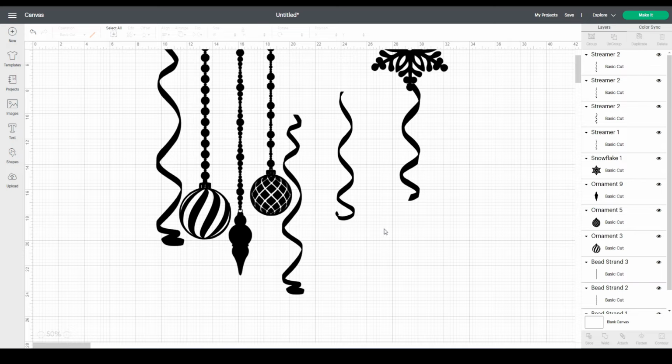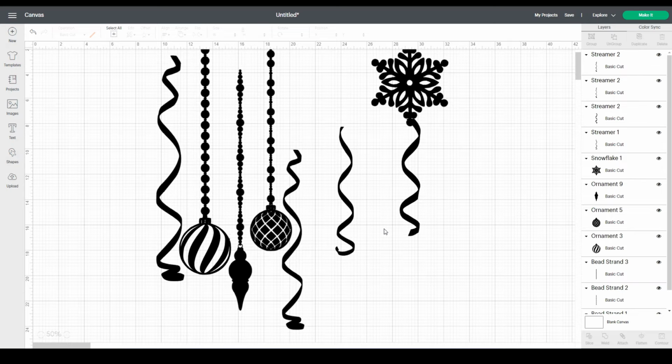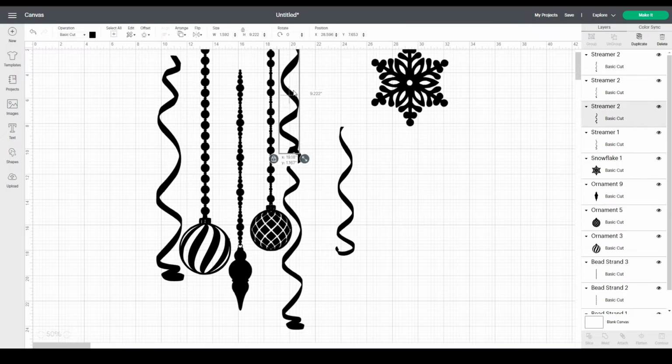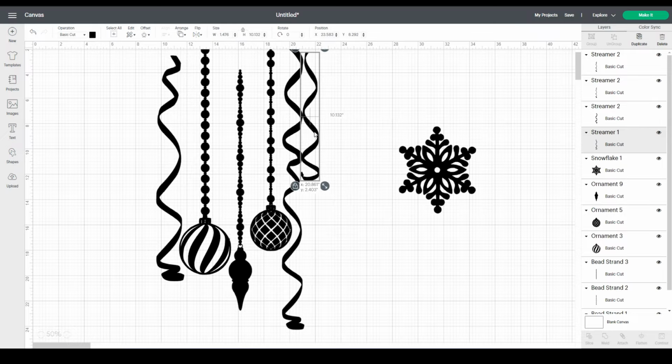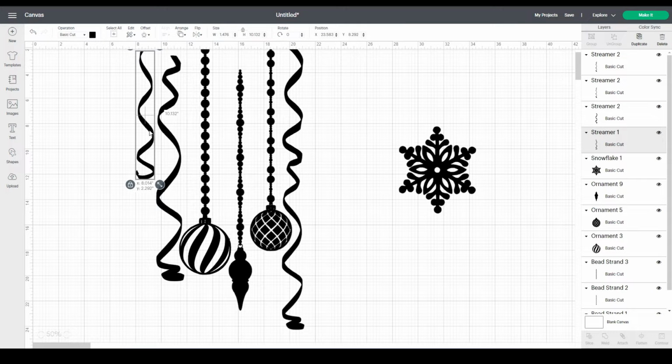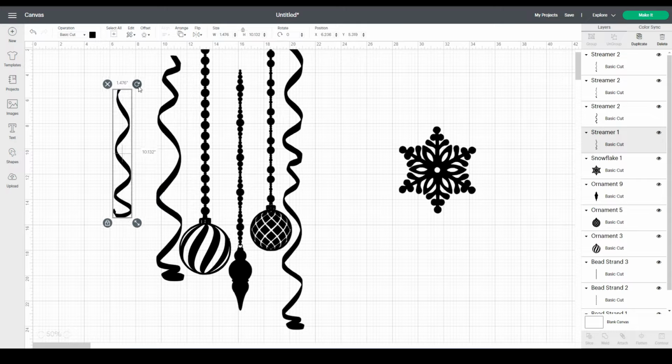All right, and so what do I want to add now? Okay, this particular streamer is way too short as compared to the other one, so I'm just gonna bring this in here, and I'll end up eventually welding that together. It'll be just fine, I promise. And okay, we got our snowflake here, so I'm gonna add, let's see, how do I want to do this? Maybe here? Nope, we need to turn this around because